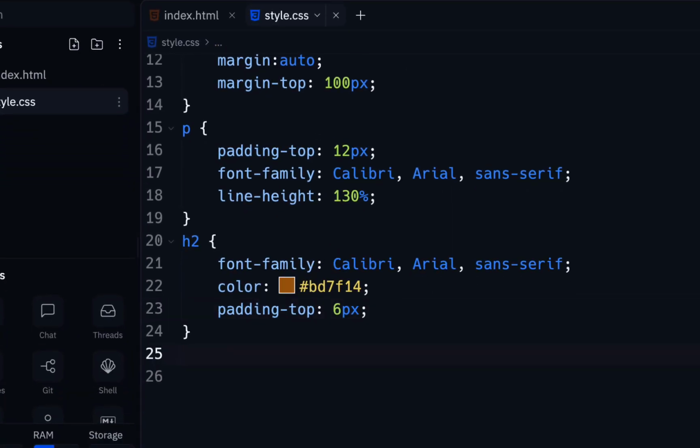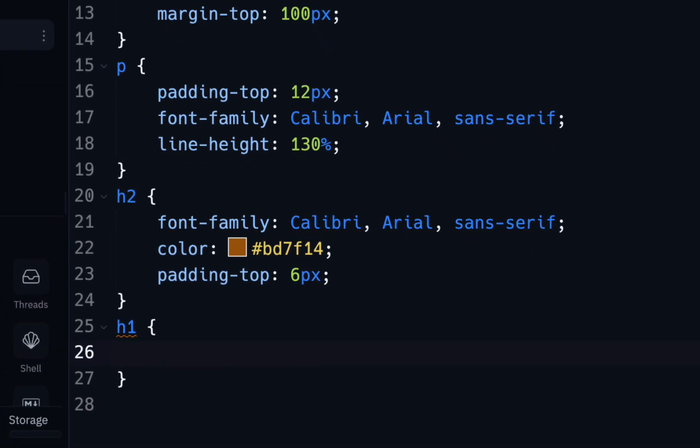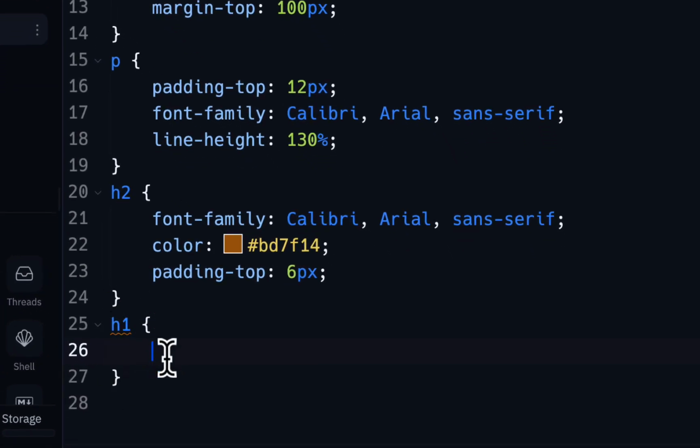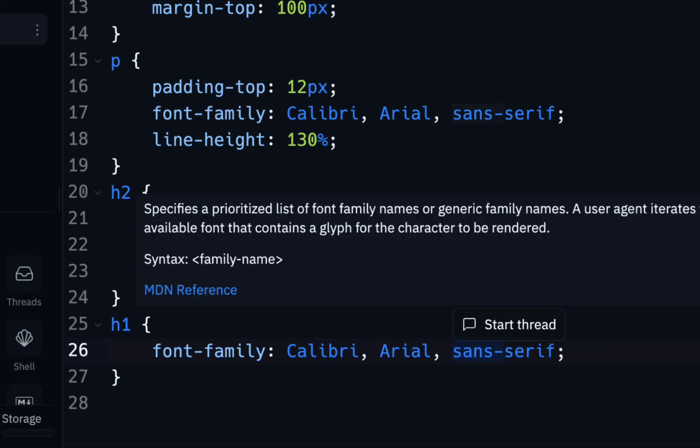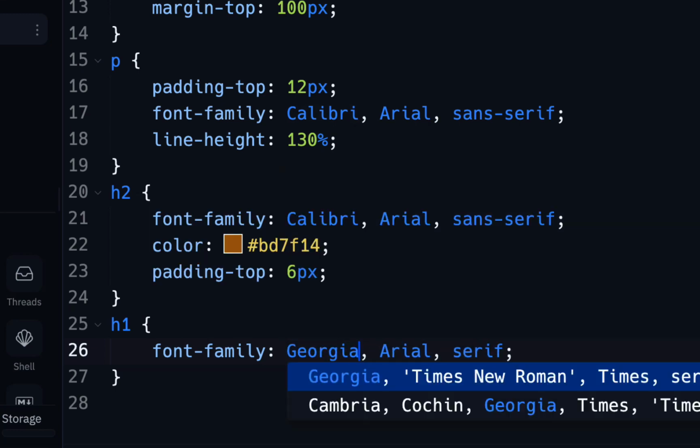Now we'll go into H1, curly brace. You only have to do it once and just hit enter. And I'm going to leave the font family what it is right now because it's like Times New Roman. So I'm just going to use that for now. And actually, let me just show something. I'm going to copy this and I'm going to paste it here. Now, I don't want Calibri, Arial. I don't even want sans serif. I actually want serif. And I'm going to put Georgia here because that's a very common font that people have